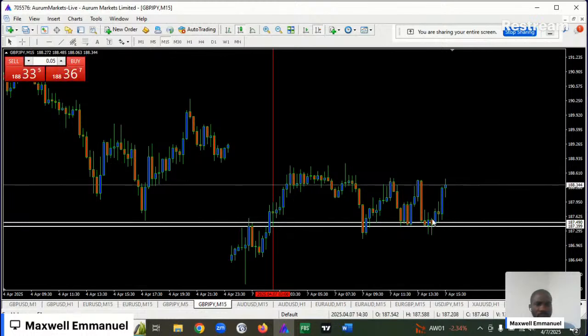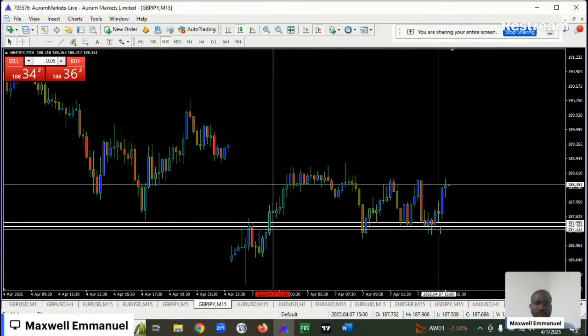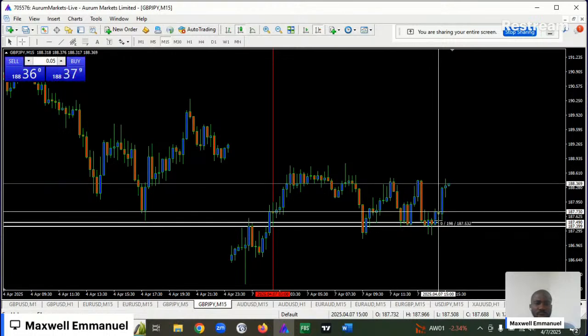We had a hammer here indicating change in trend. So this would have been a good buy. After the formation of this hammer, we would have waited for this next candle to close bullish. So this would have been a good buy on